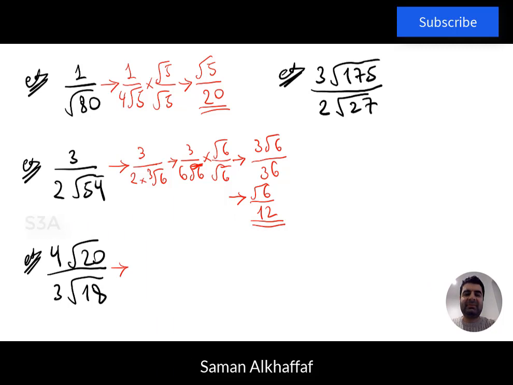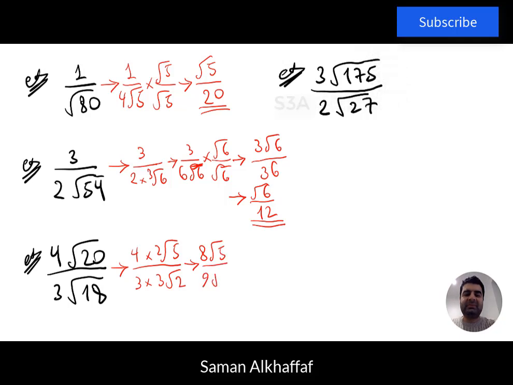So what we have here, the root of 20 is 2 root 5, so 4 multiplied by 2 root 5 over 3 multiplied by, in this scenario, 3 root 2. So in this scenario, we would have the 4 and the 2 multiplied by each other. So we would have 8 root 5